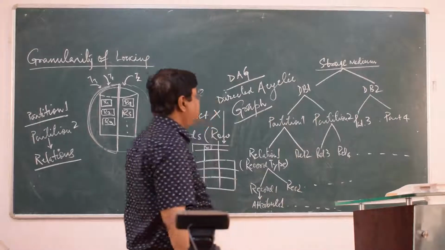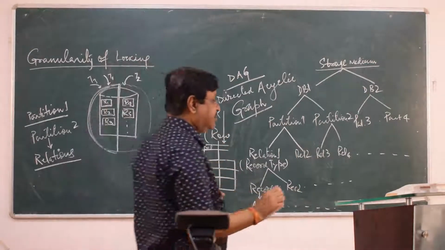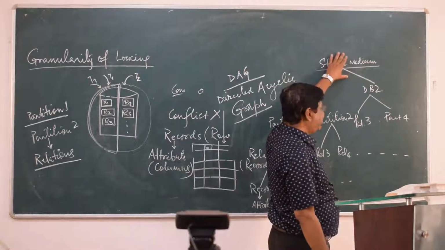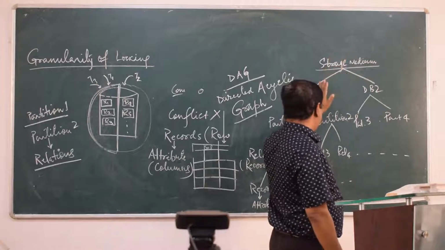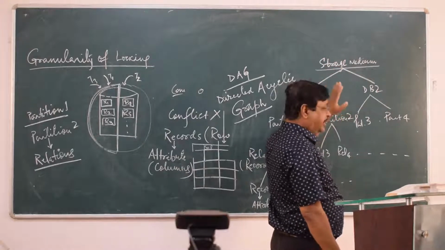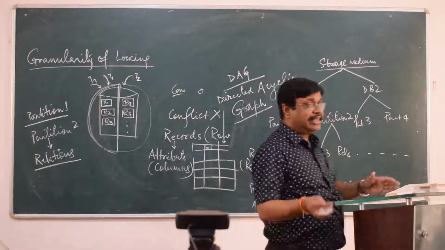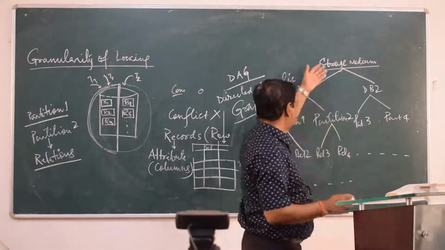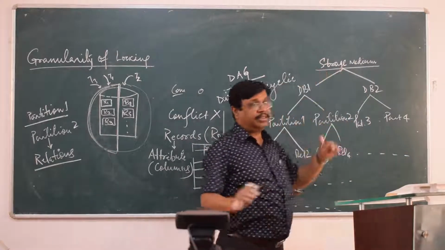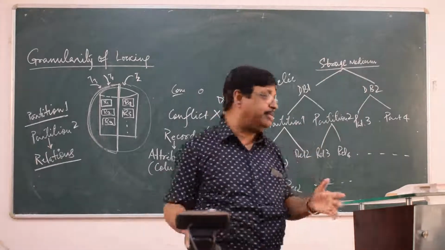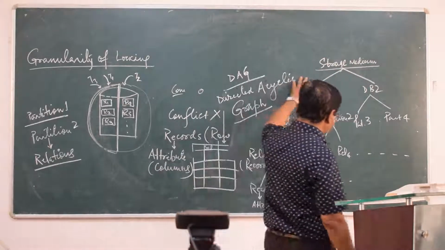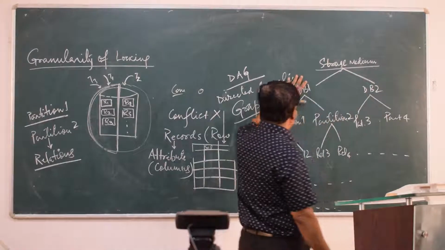Okay, I'm revising it. At the top, you might have a storage medium that might contain databases. If there is only one database inside the storage medium, then we can start from database 1. But if a storage medium contains 2, 3, 4 databases, in that case we can write database 1, 2, 3, and so on. A database might have